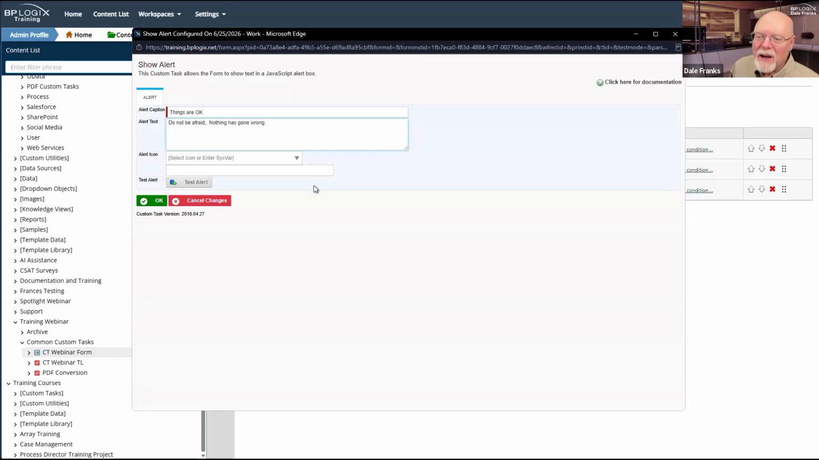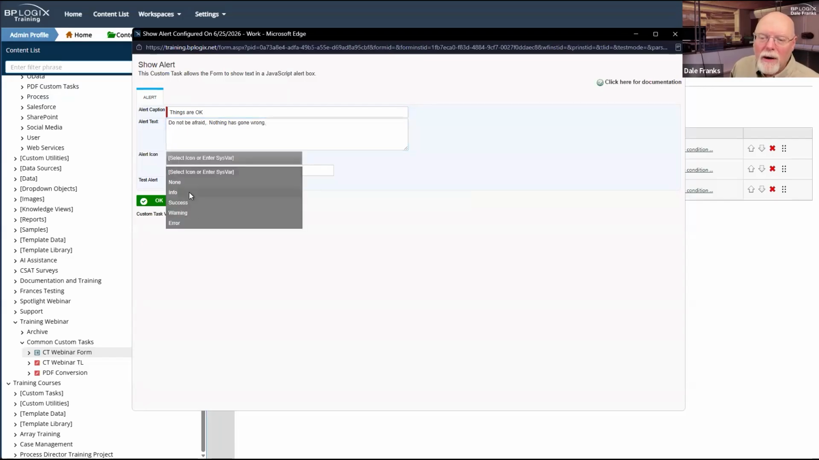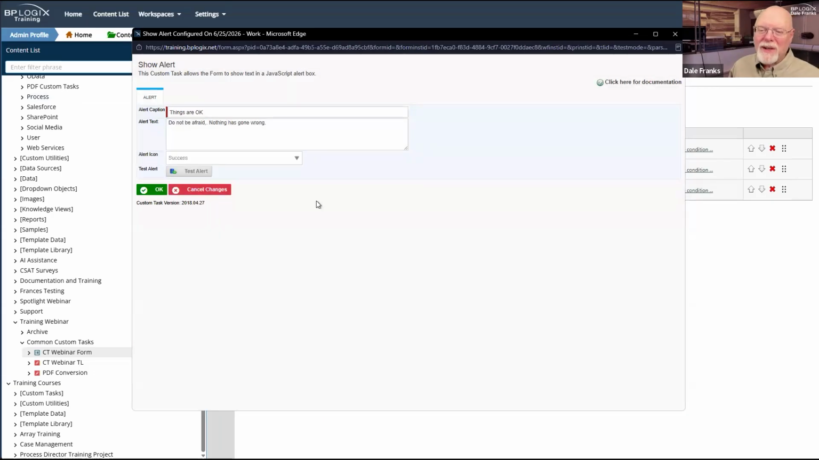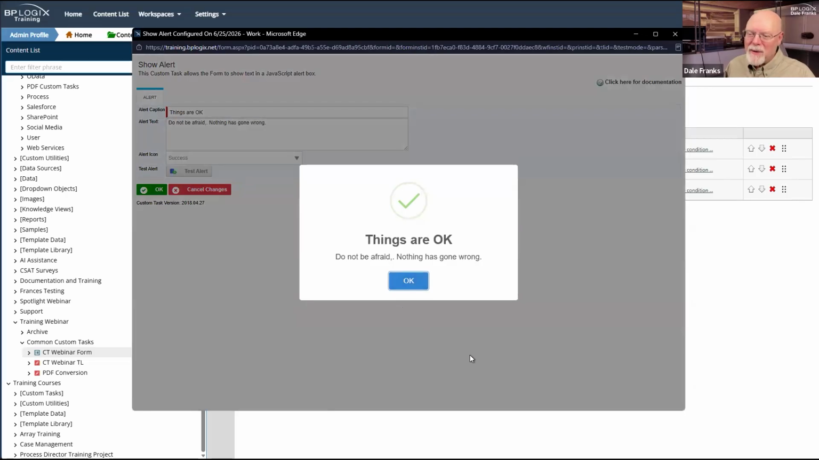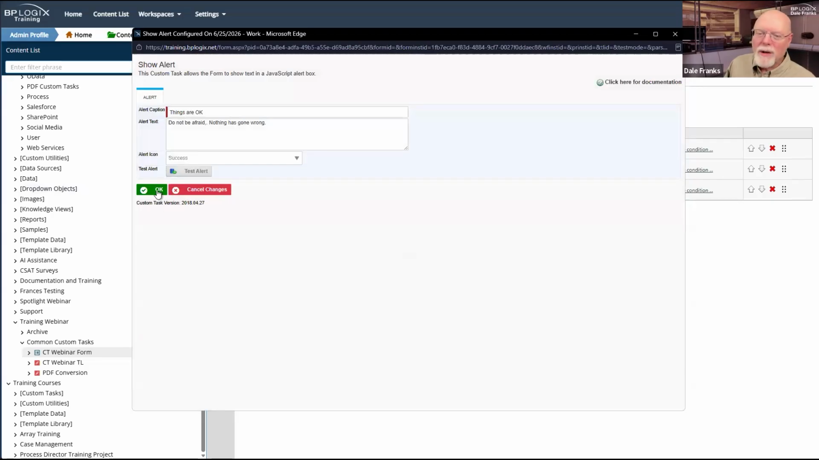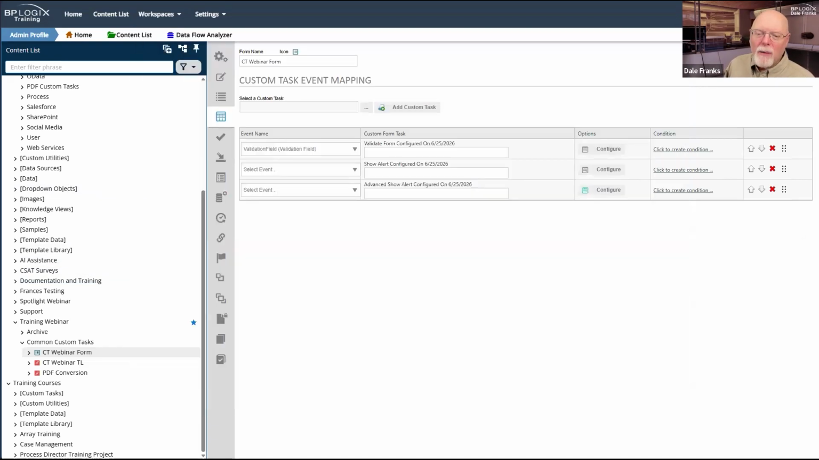And I can set the alert icon I want for it. So this one we'll do success. And I can also test the alert from here. It will just go ahead and show me my message. It's a very comforting message. And of course, obviously, I want to correct that one typo there. And I will hit OK. And that's really all it does. When my form runs,